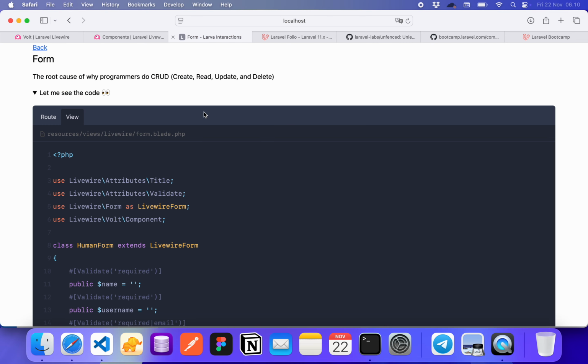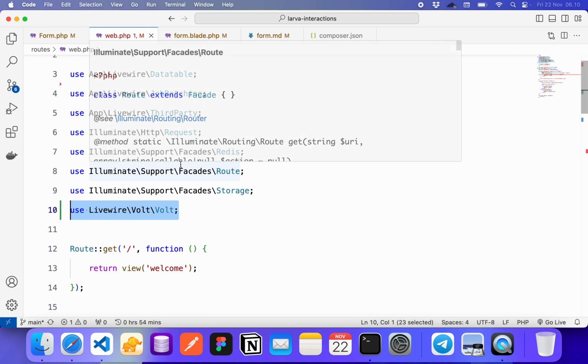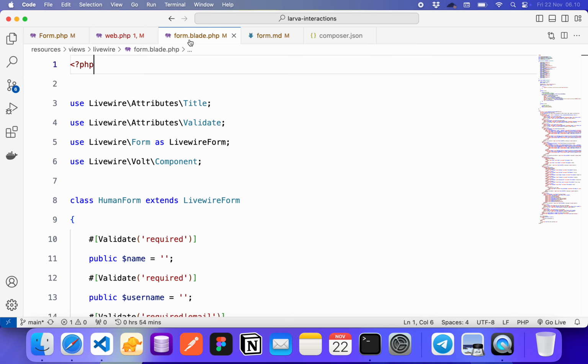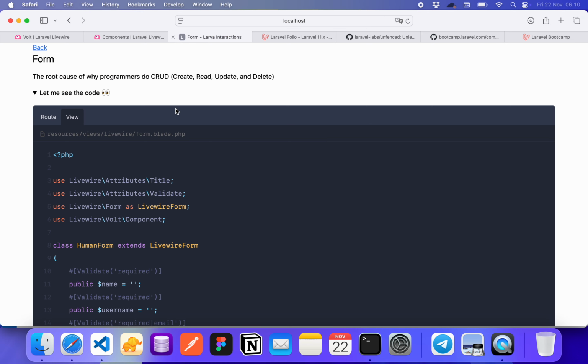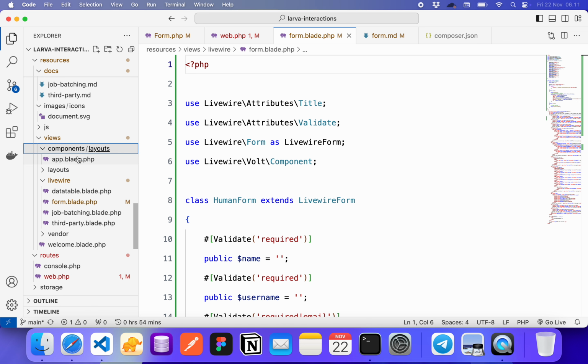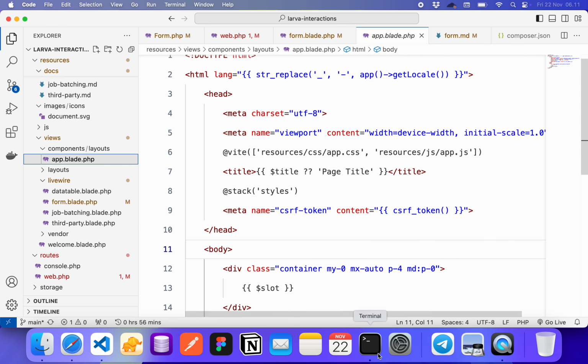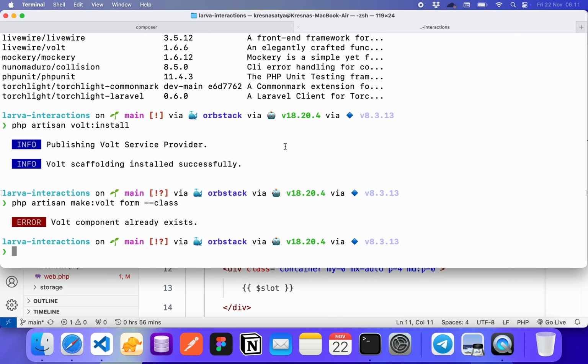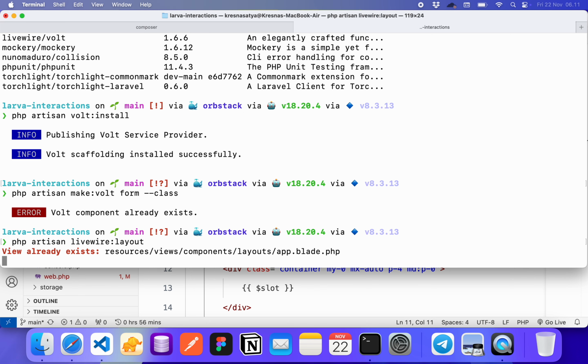Okay, an additional point: in order to make the view show the Livewire Volt, you also need to install the components layout here in app.php by using the command php artisan livewire:layout.